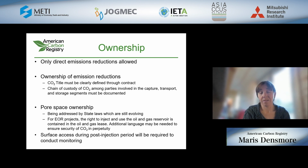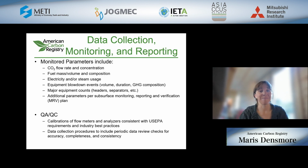In order to do this, there are data collection, monitoring, reporting requirements. Some of just the basic monitoring parameters will be flow rate and how much of that flow is CO2, how much energy, how much fuel, how much fossil fuel or electricity or other energy source is being used. What is it made out of? Particularly for the electricity, we've added some flexibility around how to calculate emissions from that electricity, or if there's steam